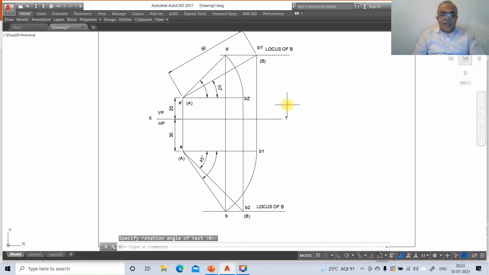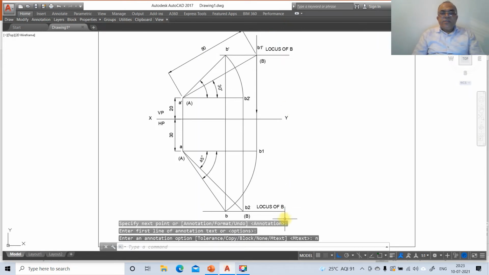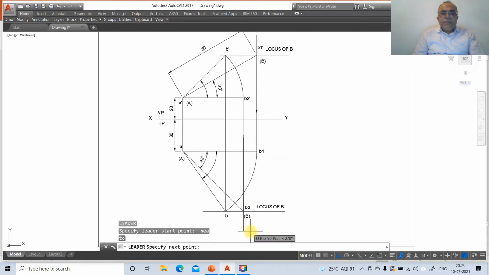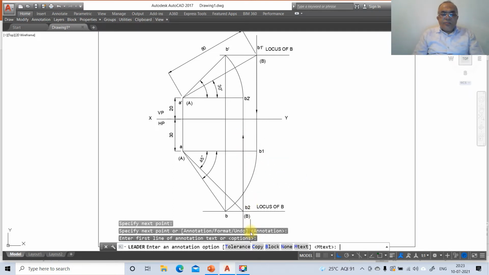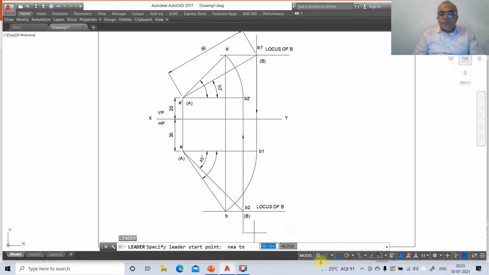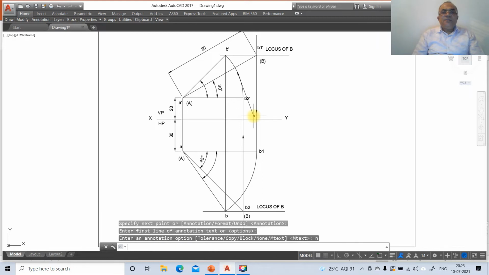Then we want to write the leader. Go to LEA, go to nearest, select this, put the ortho mode on, and go to annotation option none. Similarly, leader, go to nearest, select this, annotation option none. Go to leader, nearest, switch off the ortho mode, select this and click over this, then annotation option none.